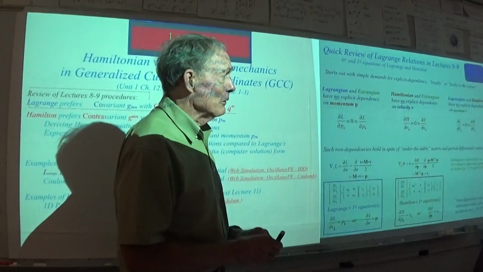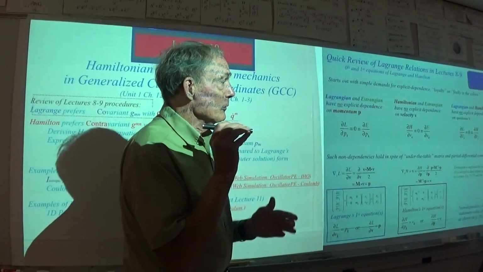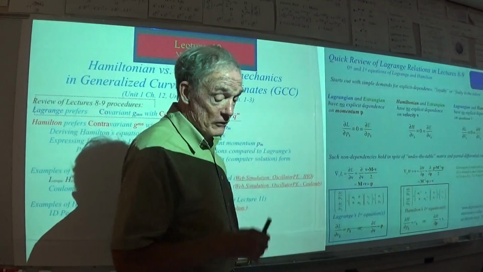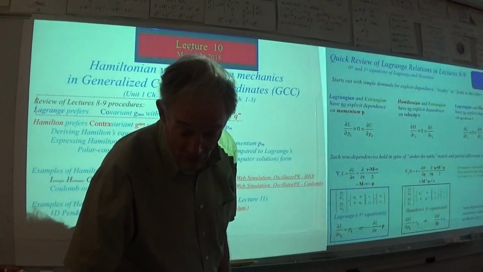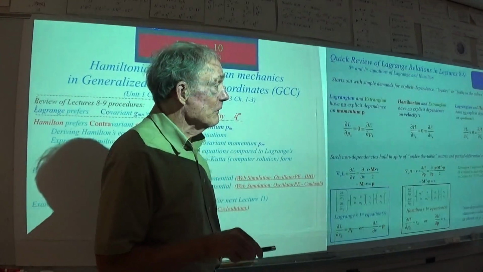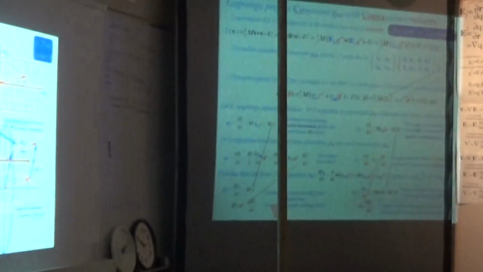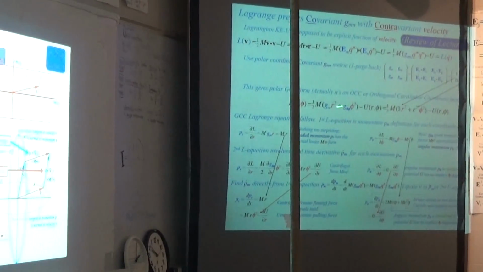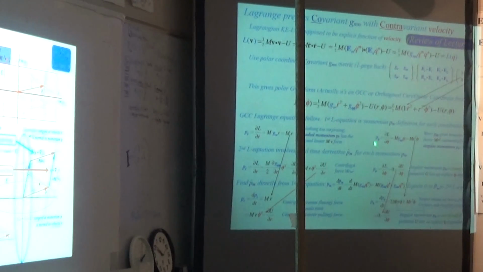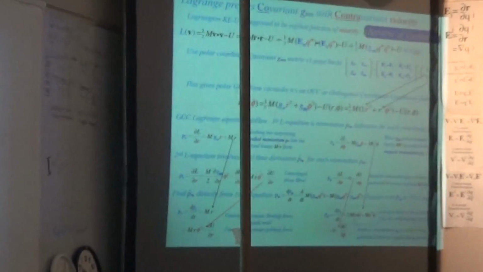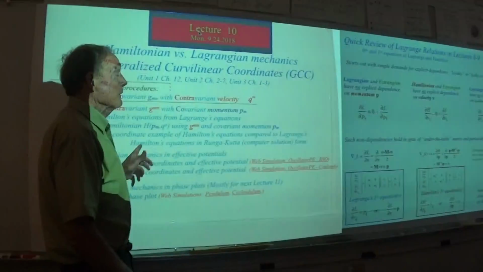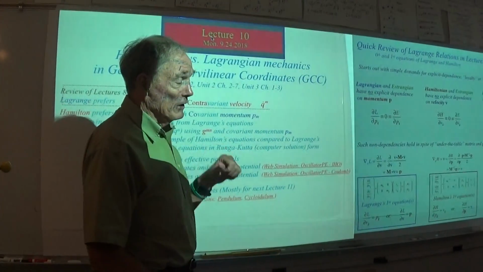I think we made a pretty good case for it by doing the equations for the Coriolis motion, the hurricane equation, I call it, which is the one that showed up down there. So Lagrange has a very quick way to get you to the equations of motion and the physics that goes with it. Hamiltonian and Hamilton equations, not so much, but they have other advantages,